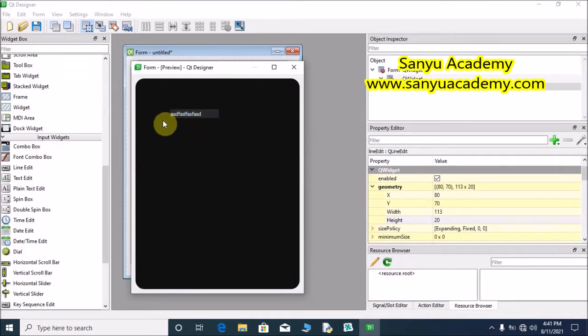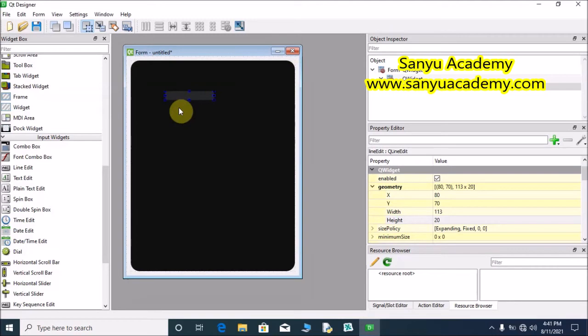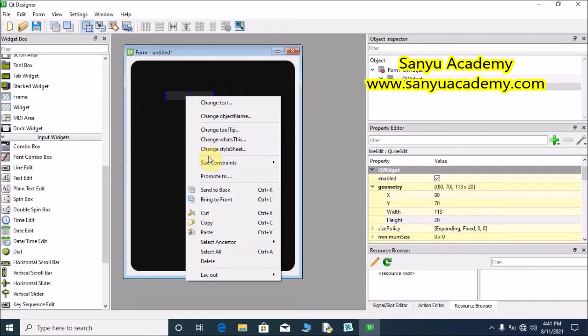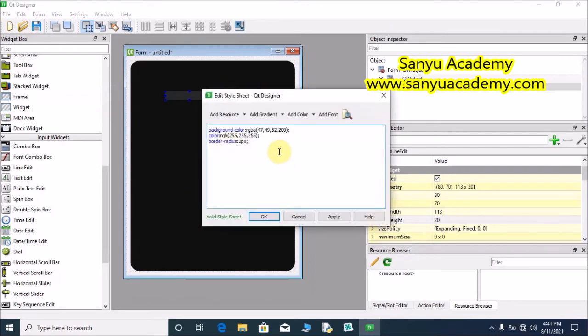Now we can see that there is no space in the beginning, so we have to provide some padding on the left side. For that select the line edit and right click, select the change style sheet, provide the padding-left: 10px; enter.